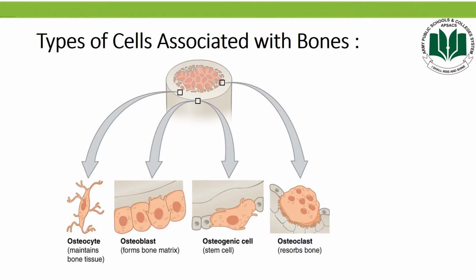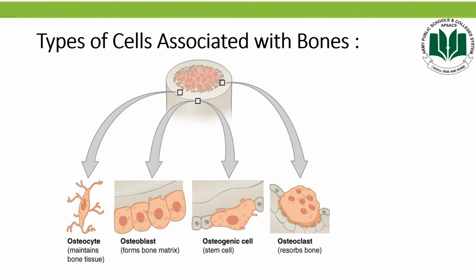The work of the osteoblast is opposite to the work of the osteoclast. Osteoclasts are basically bone destroying cells. Students, the work of the osteoclast is also very important for the growth of the bone and repair of the bone. So the question is how the osteoclast cell performs its functions.